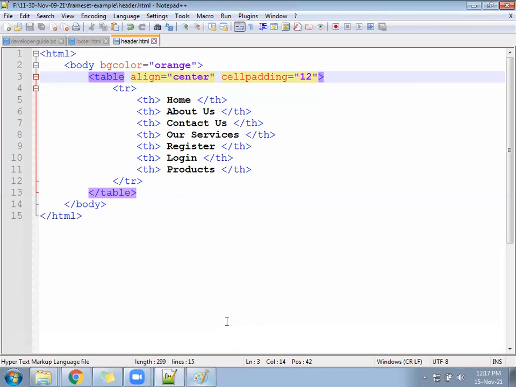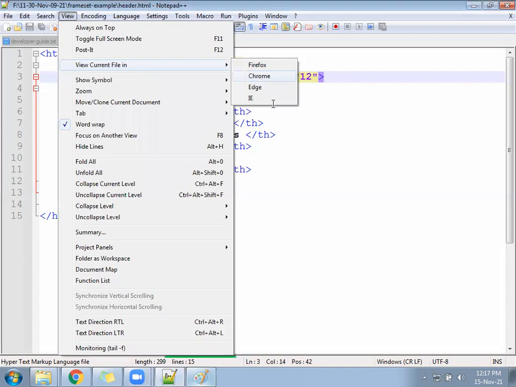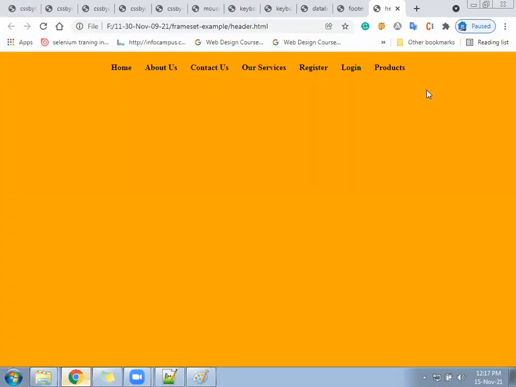Okay, so let us run this file and see how that looks. It looks like this. Okay, only navigation.